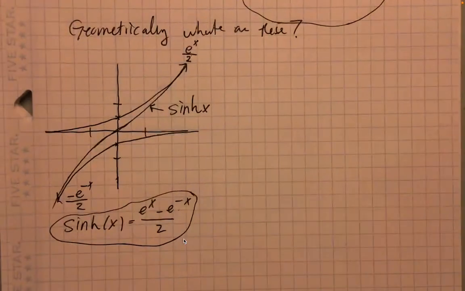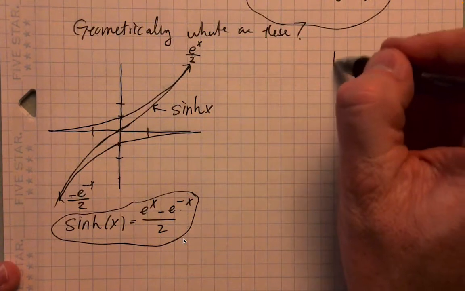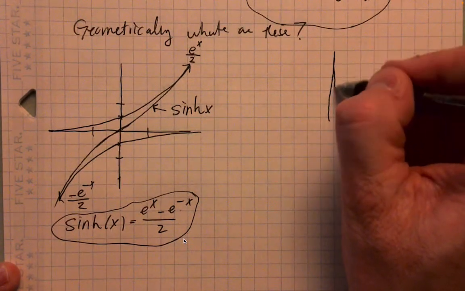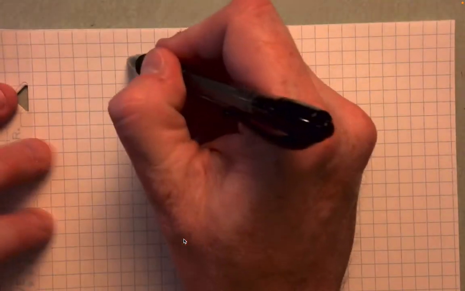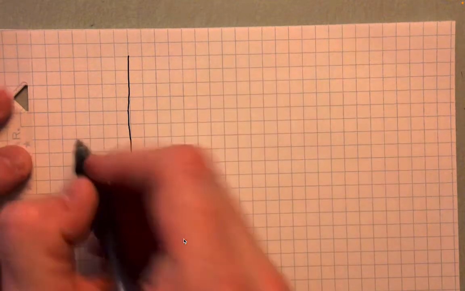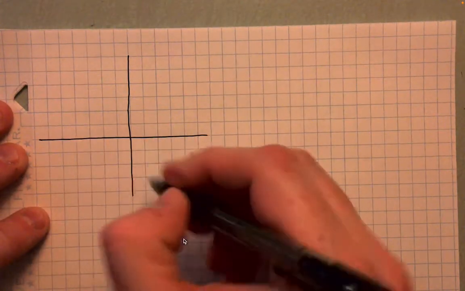Now, what about the cosine? Hyperbolic cosine. We'll try to do the same picture over here. Oops, I've already wrecked it. Let's get a new sheet. So, if I draw my x-axis, my y-axis here,